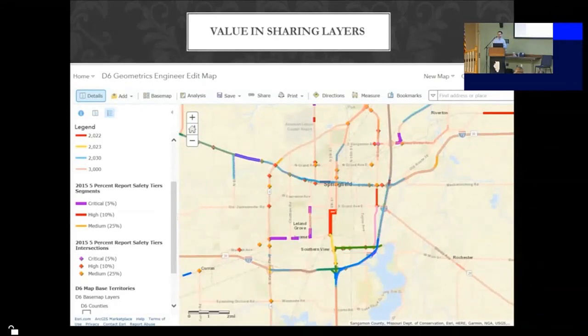But then you're also seeing a layer that's put out by our Bureau of Safety Engineering. And that is what they call the 5% safety tier report. And that takes place as a segment and then also as an intersection point. So what our geometrics engineer can do, and she's also our safety engineer, is look at these high crash locations by overlaying the crash information, and then she can see immediately if the projects that we currently have programmed fall within the limits of those high crash locations,